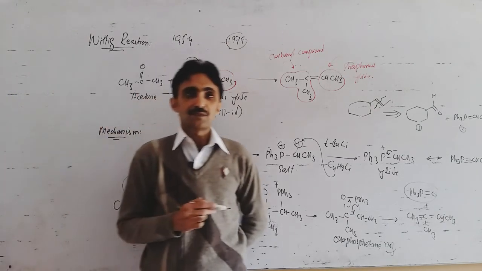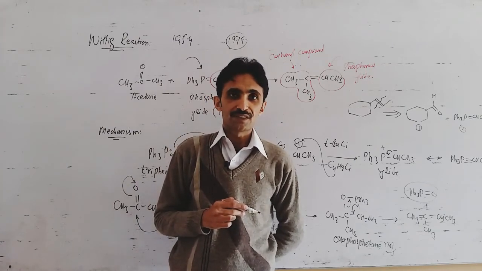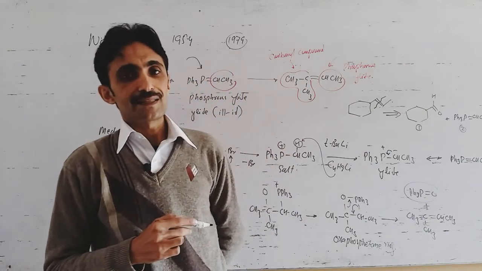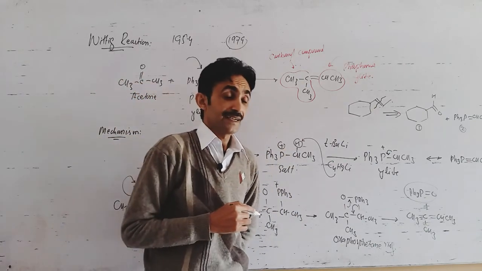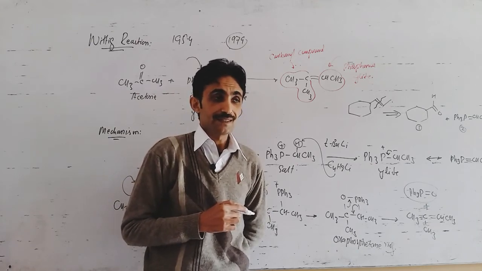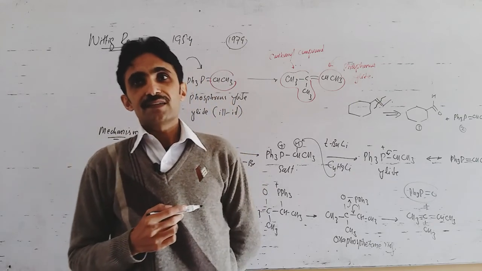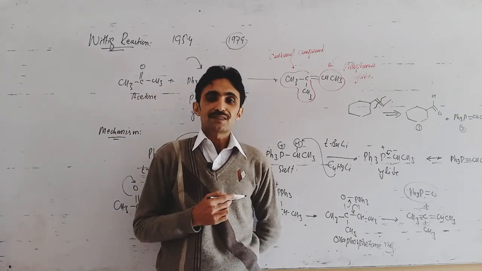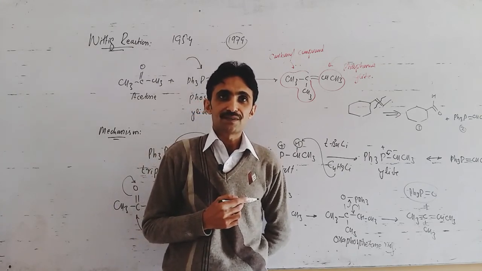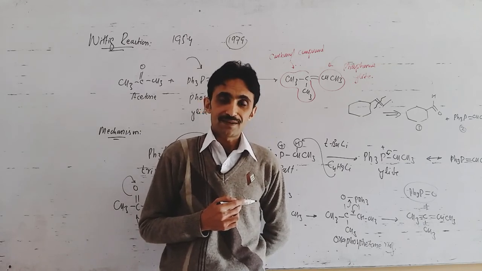So we must be clear about the retrosynthetic analysis of the Wittig reaction as well. To cut short, the Wittig reaction is an important reaction in organic synthesis. It plays an important role in the transformation of carbonyl compounds such as aldehydes and ketones into alkenes, and we must have a clear idea about the retrosynthetic analysis of alkenes as well. If you are given a question in your paper and asked to point out the starting material for a particular alkene, you must know what the phosphorus ylide and the carbonyl compound should be.